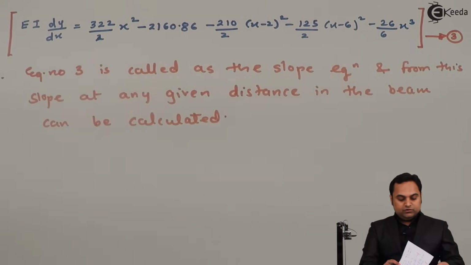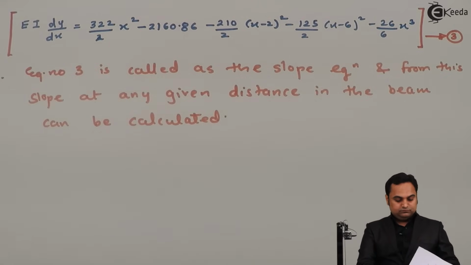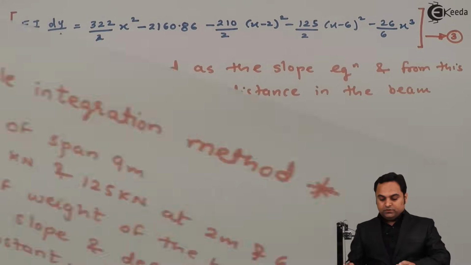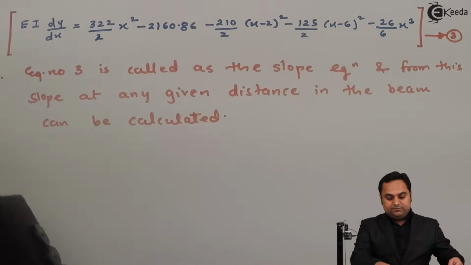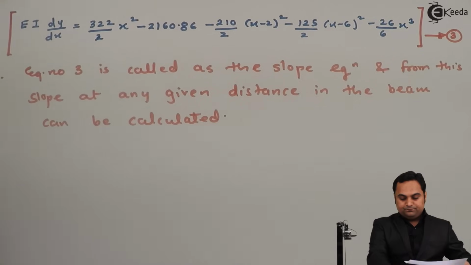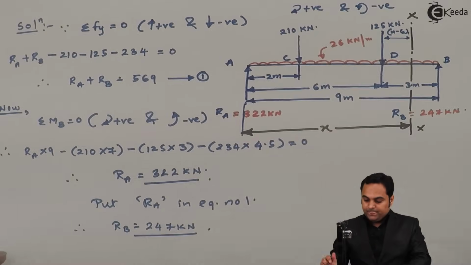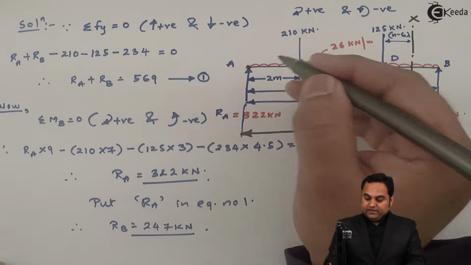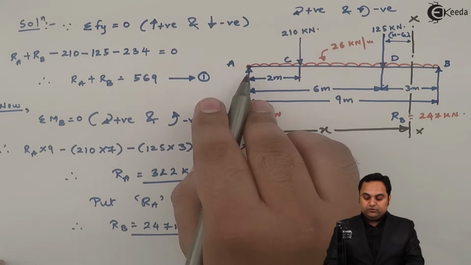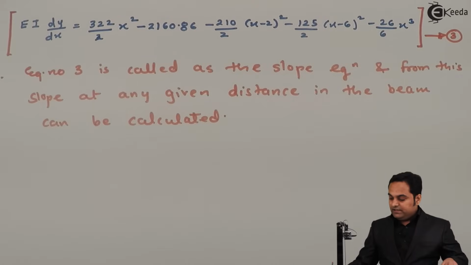Now the question here was to calculate the maximum slope. Yes, we have to find out maximum slope. Now for a simply supported beam, maximum slope occurs at each of the supports, that is either at A or at B. So first we will calculate at A. So here I'll say that